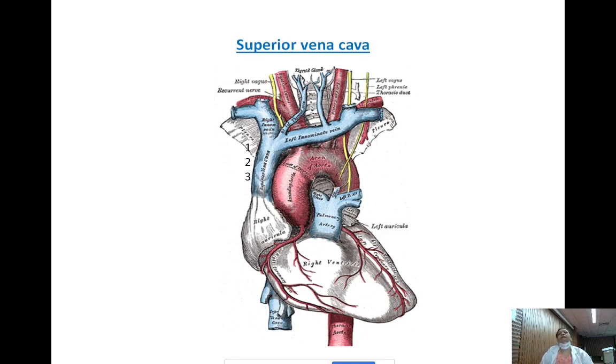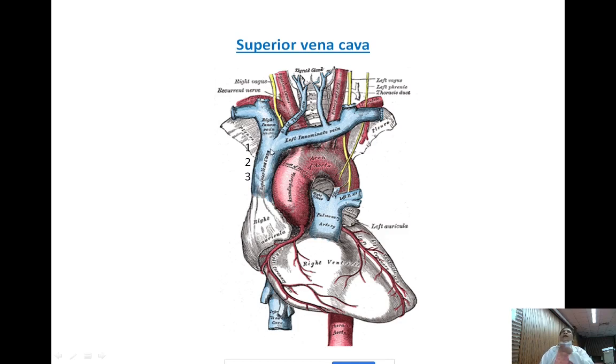So it is very easily compressed, particularly if there is any enlarged lymph node that may compress it, or if there is any tumor, lung cancer, there will be enlarged lymph nodes again, and that may compress it, or it is very close to the thyroid gland. Sometimes the thyroid gland is very big. The enlargement of the thyroid gland is known as goiter. So in goiter,